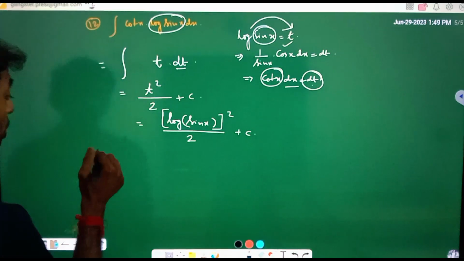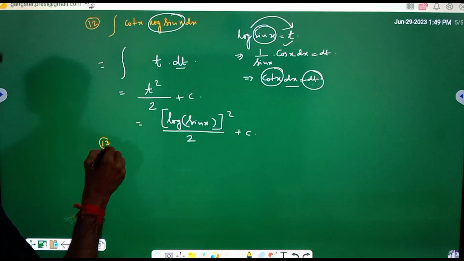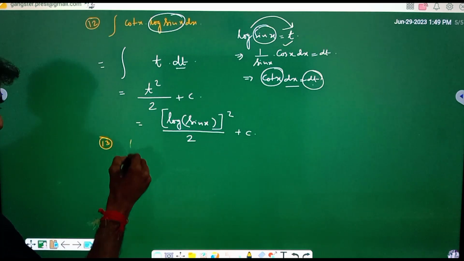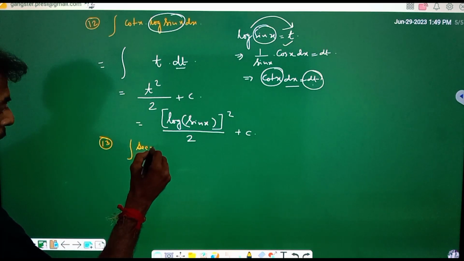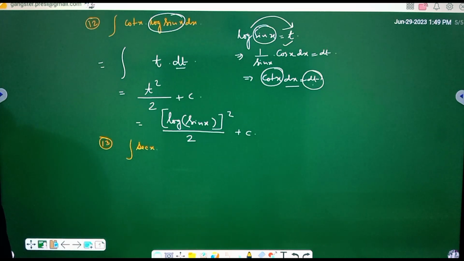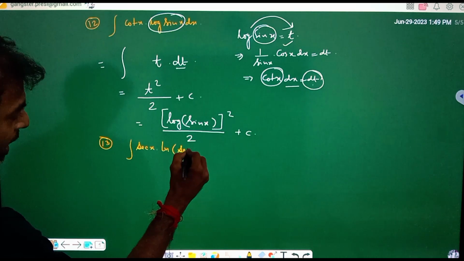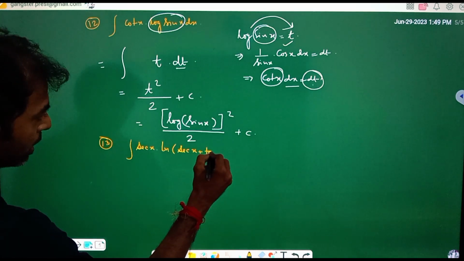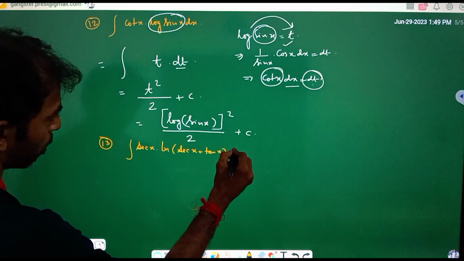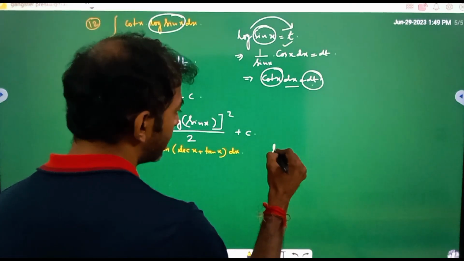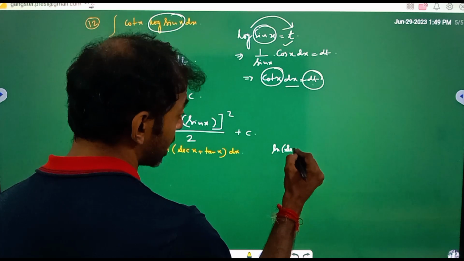Okay, next we are moving on to the 13th problem, that is integration of sec x into ln of sec x plus tan x. That's our next problem. Here we are considering ln of sec x plus tan x